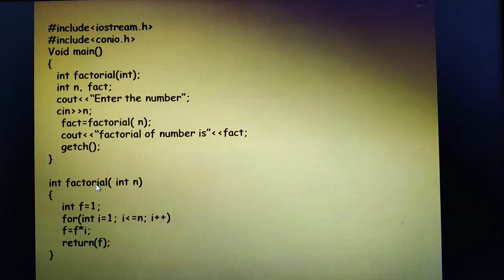Once it encounters it, it first matches the function name. Match has been found. How many arguments? One argument. Match has been found, and then it will start executing this set of statements.